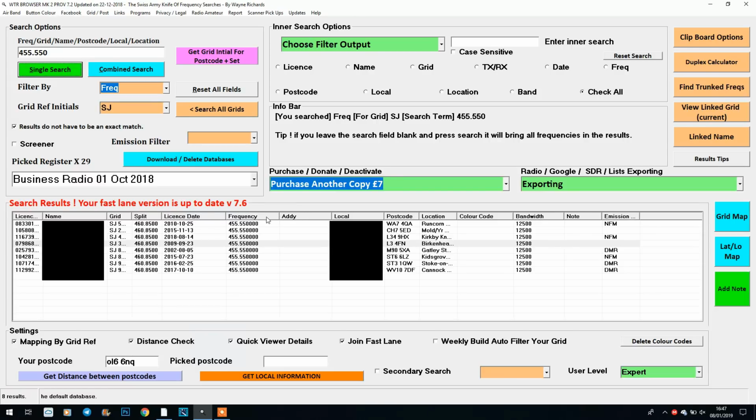the license date, the frequency, the ADDI, so you can add an address, the locale, and the greater location. We've got the postcode, we've got a color code. Now the software won't share those with you, you put them in as you find them. We've got the bandwidth, a note which you can add, which I'll come to in a minute, and then we've got an emission. So whether it's NFM, whether it's DMR, you can see the different emissions in there,